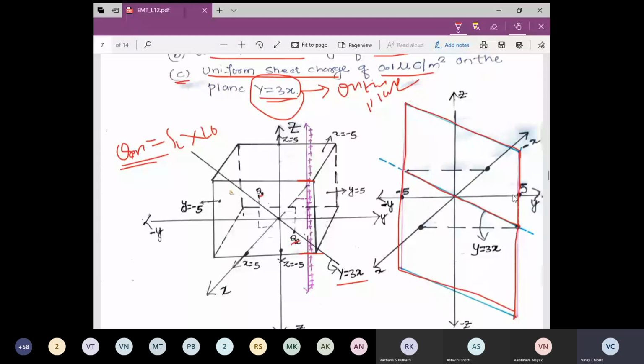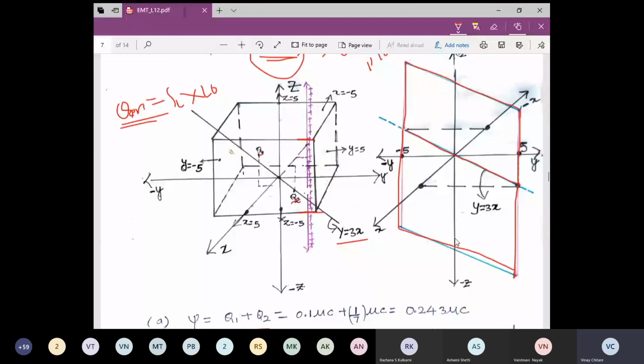Now you just have to move this z up and down. You could see it forms a plane. So it is actually about this plane they are speaking of. And they have given the information as the equation of the line which is passing through the origin on the plane as y equal to 3x.